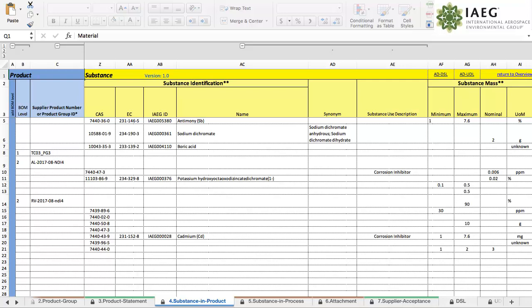To search for the AD-DSL substances, you can use two of the following methods. 1. Enter the CAS number in the desired cell in column Z, as you'll see here, and then press Enter. And the information in the corresponding columns, so column AA, which is the EC number, AB, which is the IAEG ID number, and AC, which is the name field, will auto-populate for those substances on the AD-DSL. If a CAS number is entered and it is not on the AD-DSL, then the EC number, IAEG ID, and